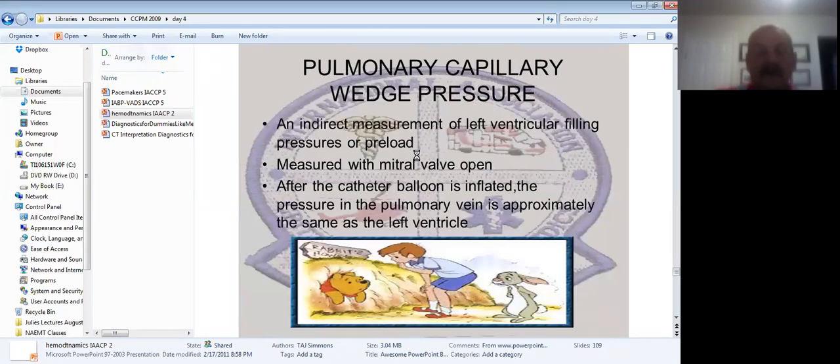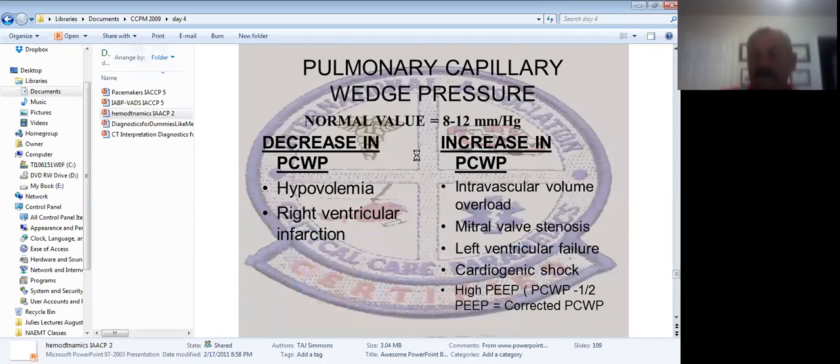Wedge pressures. This is an indirect measure of left ventricular filling pressures, or preload. It's measured with the mitral valve open after the balloon is inflated, and the pulmonary vein is, again, approximately the same pressure that's in the left ventricle. The norm here should be somewhere in the 8 to 12 range. Again, depending on the text that you read, there are some slight variants, but that's probably a good general rule of thumb. Things that cause a low wedge,